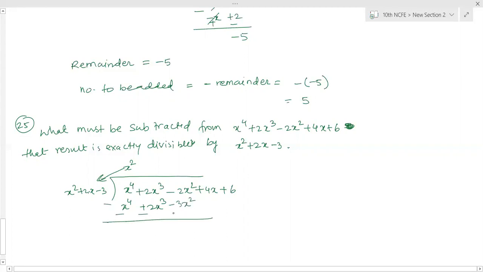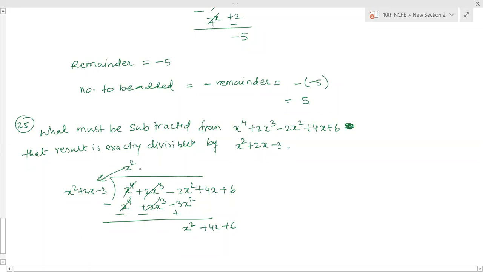Do the subtraction. Okay, just get cancelled. So what's the answer? Minus 5x. This minus sign is gone now, this is a plus sign. We have changed the sign. Okay, so it is plus 5x. Plus 5. Minus 2 plus 3 is plus 5, right? No, wait, 2 plus 3. Okay, 1x square.